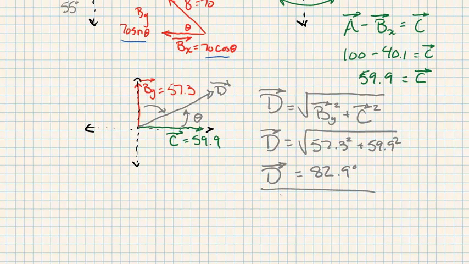To get our theta, because I prefer the x-axis, theta equals arctan, or the tan inverse, of opposite, which is going to be By vector over C vector, which is going to be the arctan of 57.3 over 59.9, almost 1. So that should tell us that it should be close to 45, because tan inverse of 1